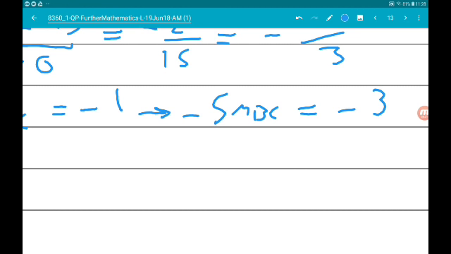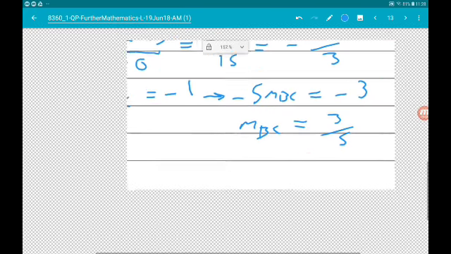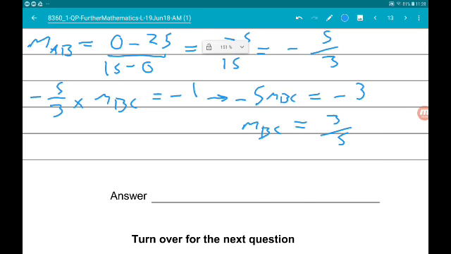And then if we divide through by minus 5, we get the gradient of BC is 3/5. So, now that we know the gradient, we can now start to work out the equation. General equation of a straight line is y equals mx plus c. So we now know then that